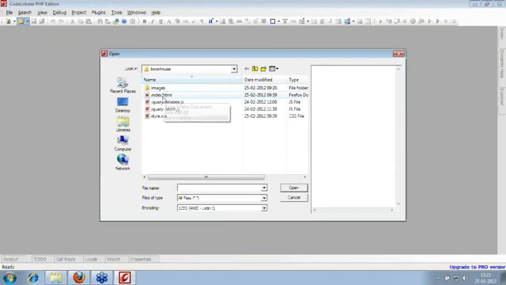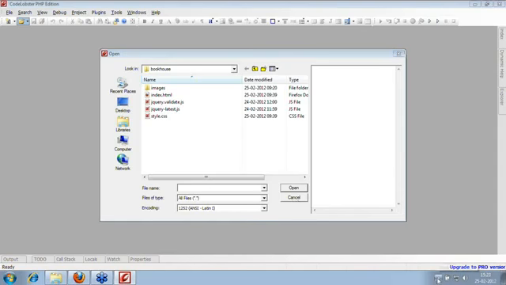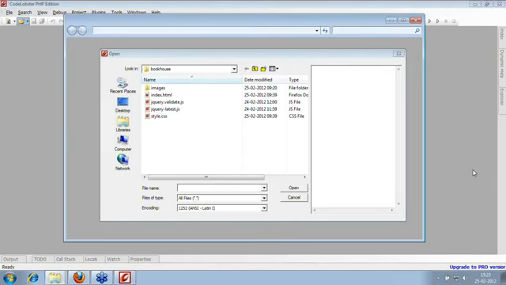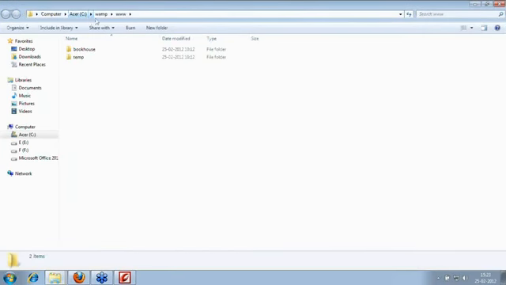I'll first open my HTML file. Now when you install WAMP, make sure you store everything into a www folder. Wherever you install the WAMP application, it will show you where the www folder is. You can directly go to your WAMP environment and select the www directory, and that will load where it is installed. It is installed in my C:\wamp\www.